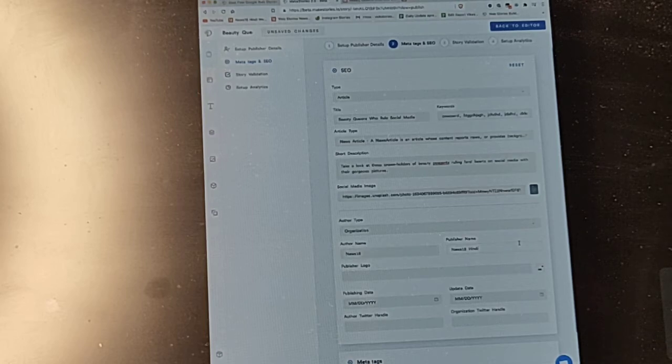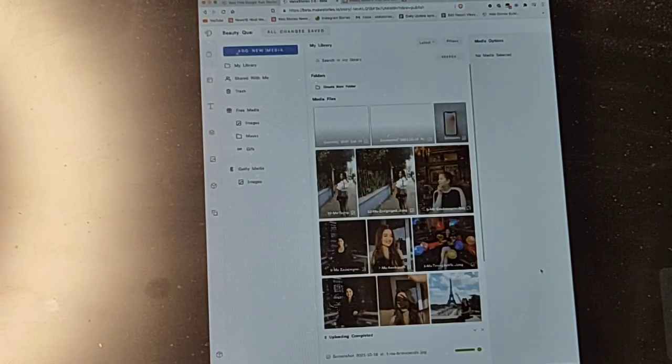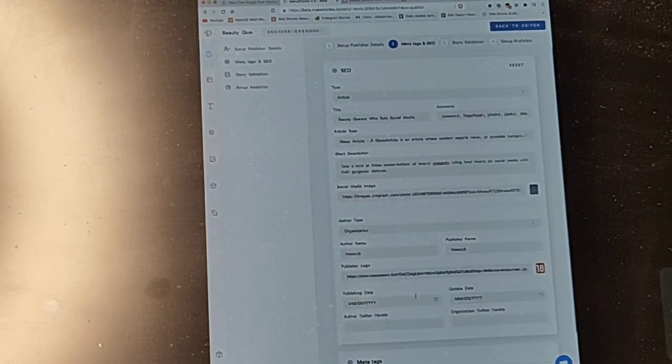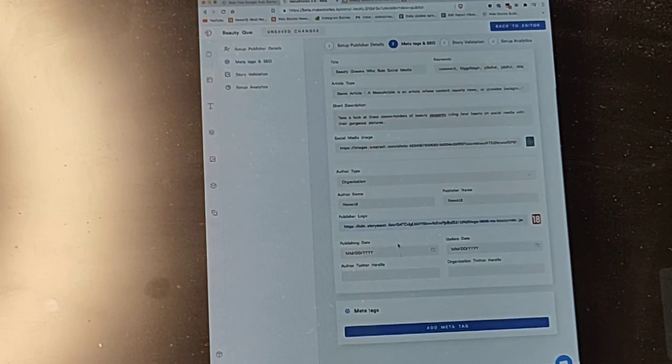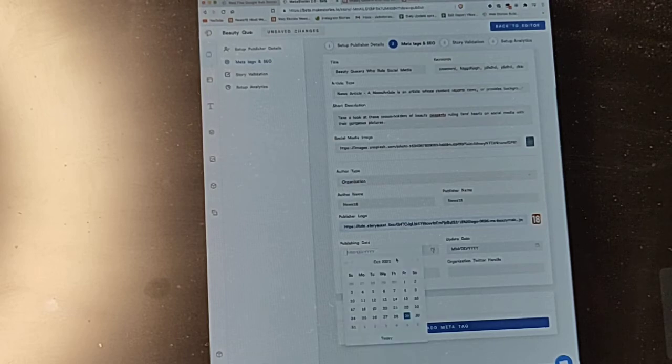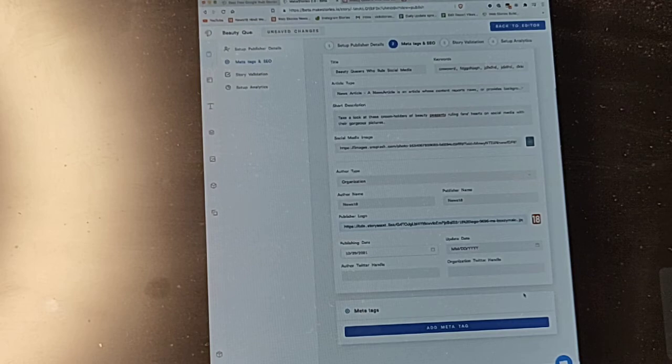And publisher name is going to be the same as author name. Then publisher logo. Publisher logo link will be provided to you. Then publishing date. Publishing date is going to be today. After that, you have to save and proceed.